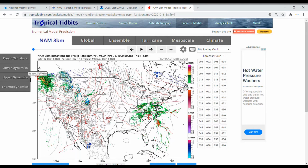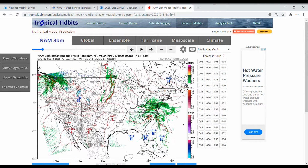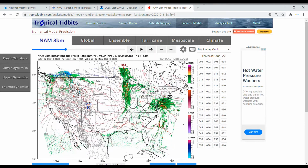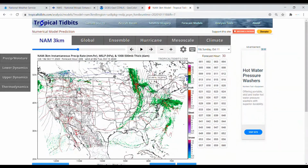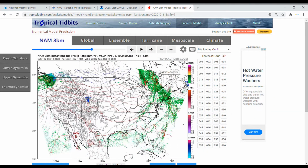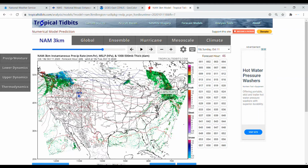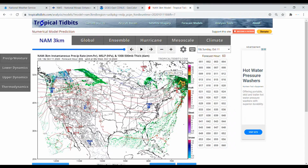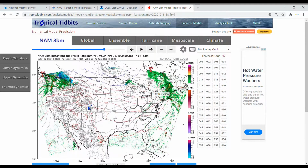So here is the National Weather Service page. We're going to focus first on the remnants of Delta. That's going to be moving north throughout the day today and tomorrow, bringing some much needed rain to the northeast. Then this front comes in, kind of joins forces here, and then you start to get a lot more rain in the area. That pushes through, kind of more nor'easter-like,